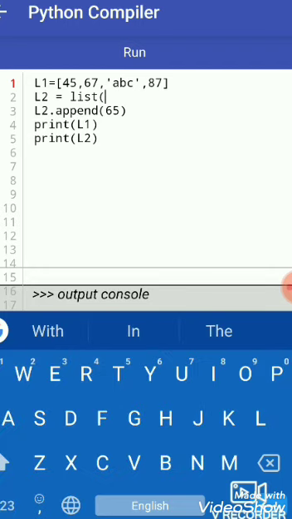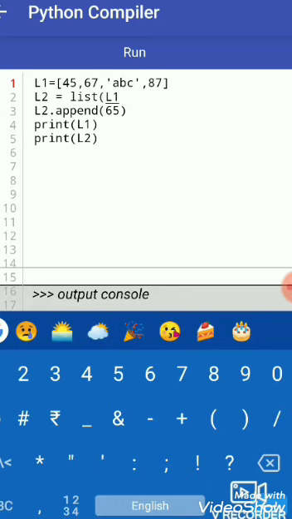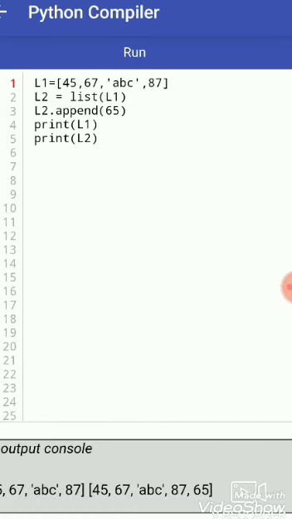Our old list name is L1, and then we run this program and we can see the same output.